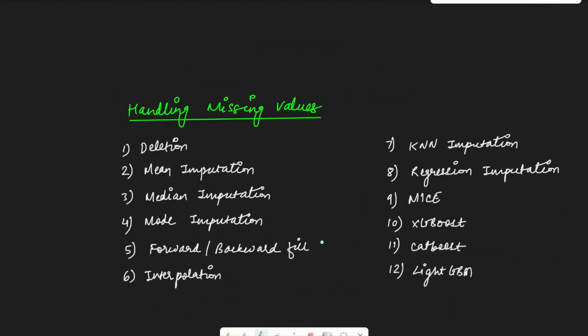These were the different ways in which we can handle missing values. I hope I was able to explain all of these different categories to you. There are a lot of things that go behind the scenes in picking and choosing one of these ways to handle missing values, but I hope I have given you enough context so that you can choose the right type of imputation.